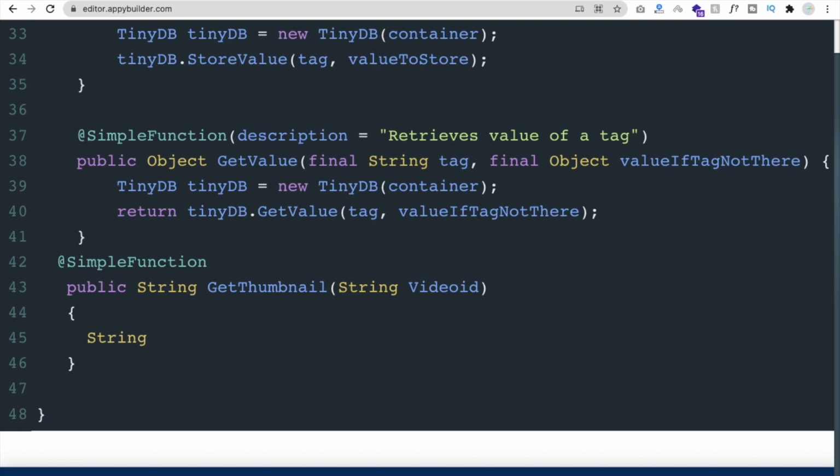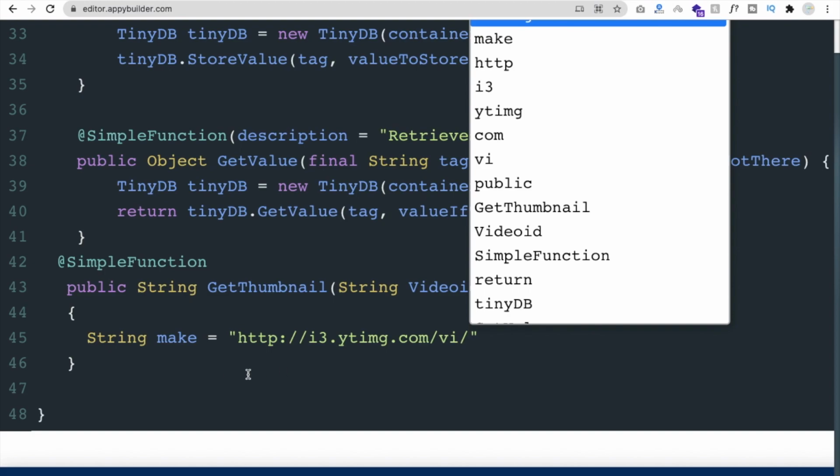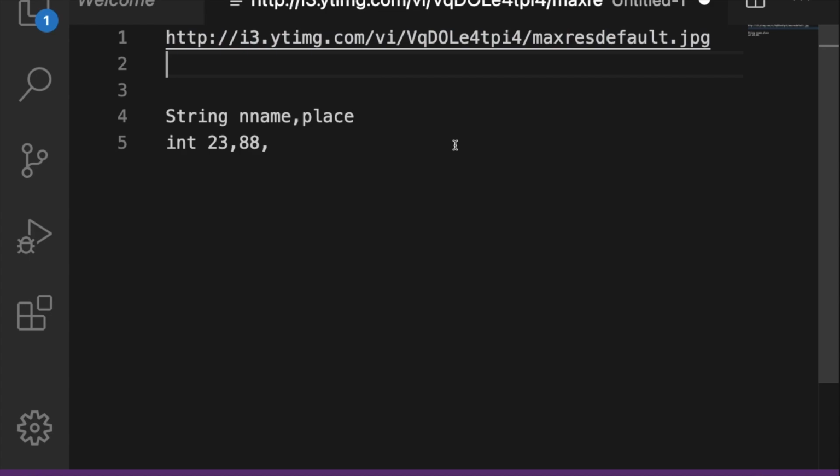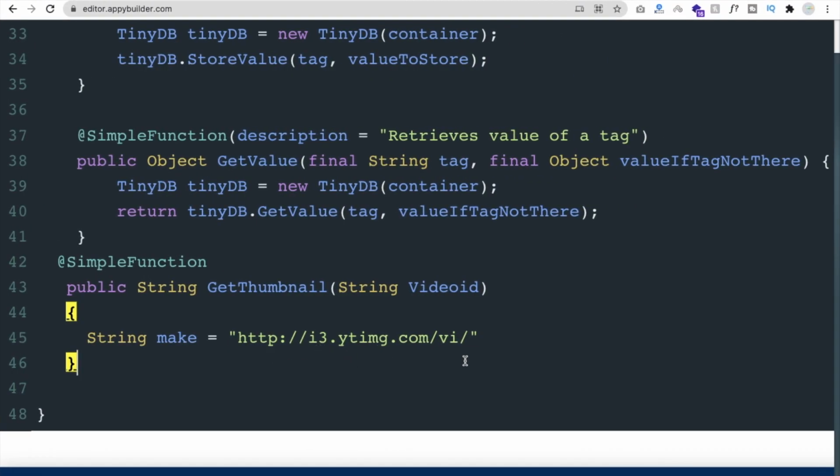Okay, and the type of that variable is a string. So I will define that variable, make string make, equal, and double quote start, and you have to paste that code. I already told you what this is. That is the default link of the YouTube thumbnail. So this is the default, but in that particular area we need the dynamic value.